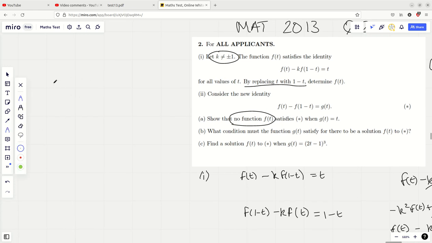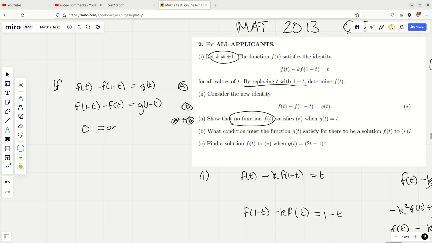So, okay, if f of t minus f of 1 minus t equals g of t, we can just do exactly what we did before. Then f of 1 minus t minus f of t equals g of 1 minus t. We're going to add them together and everything's going to cancel on the left-hand side. So this is really similar. And you're going to get g of t plus g of 1 minus t. And so the condition is that g of t must be equal to minus g of 1 minus t, which